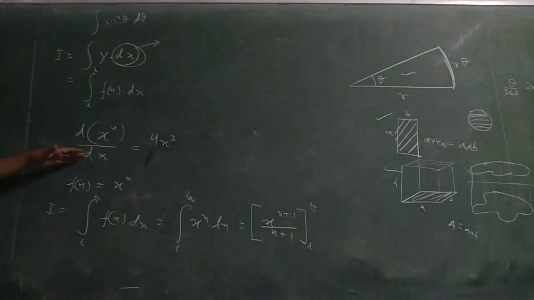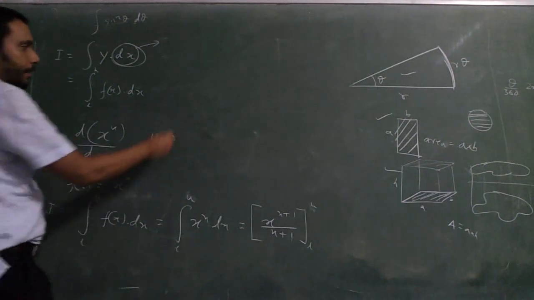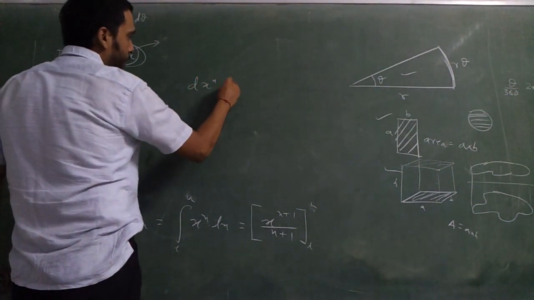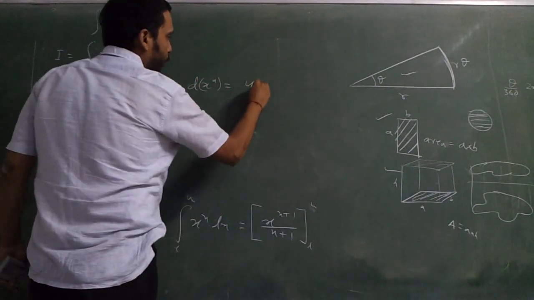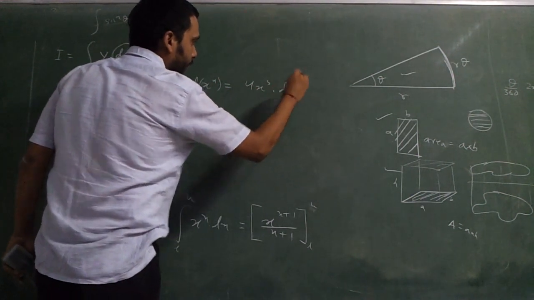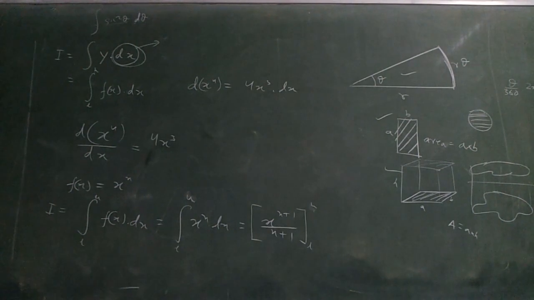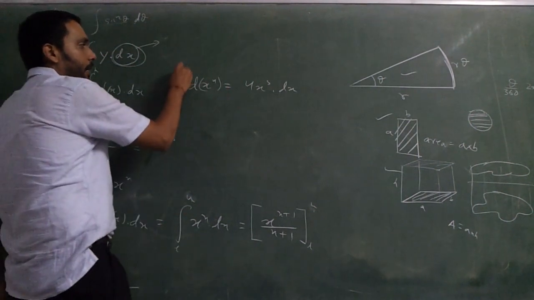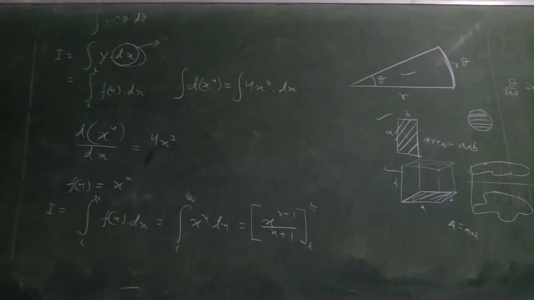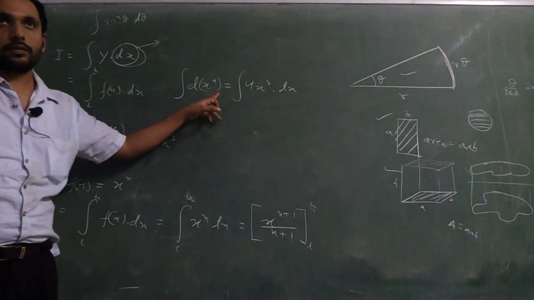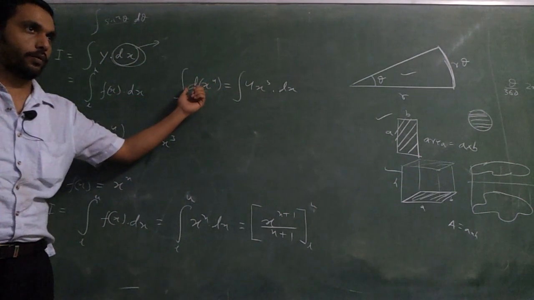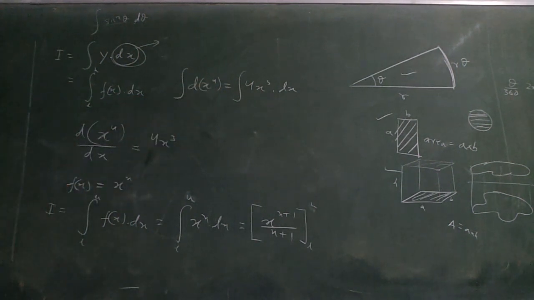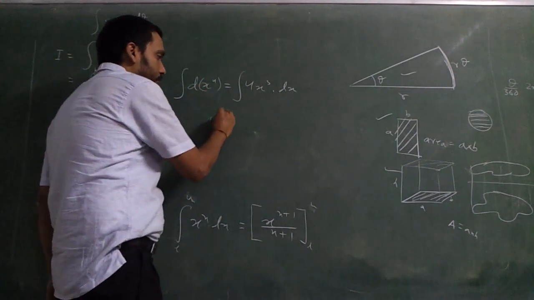Now this differentiation you have done. Get the point? If you cross multiply this, what do we get? D of x power 4 is equal to 4x cube dx. Now the operator integration you can apply on both sides. If I apply it on this side, I'll have to apply it on this side. Now what do you mean by integration of this? Say x power 4 is some y. What do you mean by integration of dy? Small dy added gives you a full y. So it will become x power 4 itself.